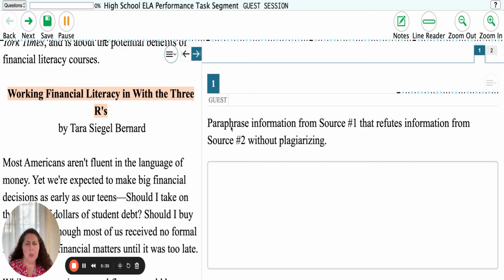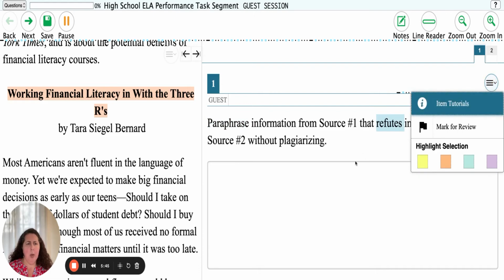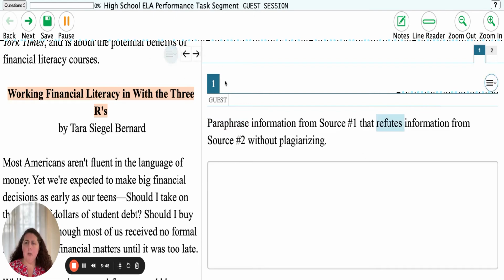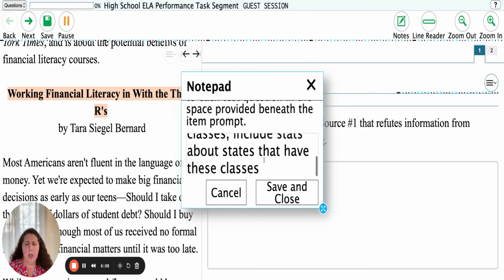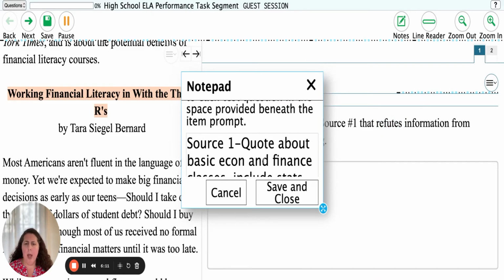Now, a lot of students know what paraphrase means, meaning putting things in your own words, but struggle with the word refutes. Okay, so what does refutes mean? You might look around to see if there is a dictionary, but unfortunately on this part of the test, it does not exist. So refutes means something that goes against, like counter arguments. So what it's basically asking is, what information in source one could serve as a counter argument against information from source two? So if I've got my notes out and I already know source one is all about having those basic econ and finance classes,